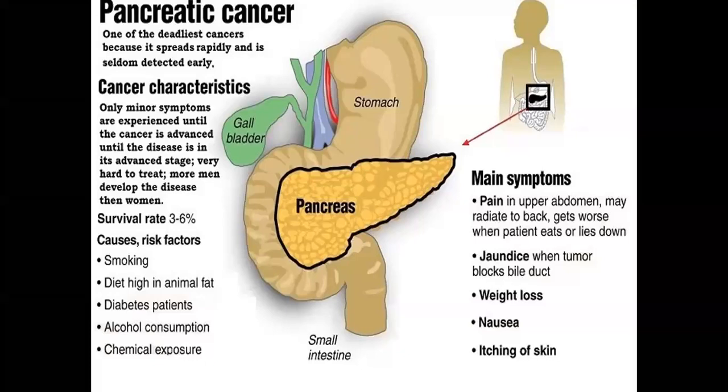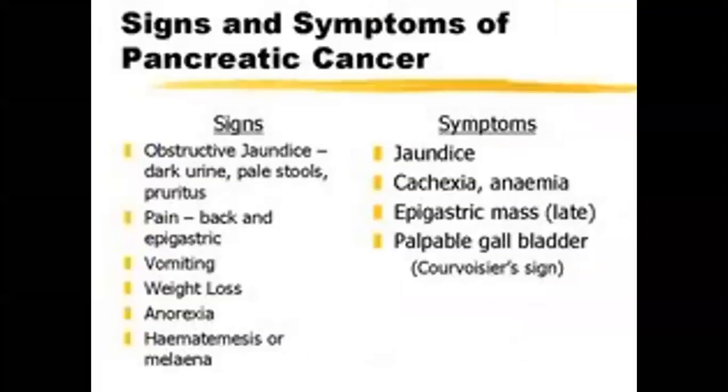Now, the main symptom is upper abdominal pain, as you get in every attack of abdominal pain. That's why this cancer is very misleading. You're going to suspect a person with gallbladder disease or CBD stone, as they present with jaundice, obstructive jaundice, weight loss, nausea, itching of skin and all that. And by the time you do the scan, you go for a CAT scan and you come to see the pancreas. So it is very misleading.